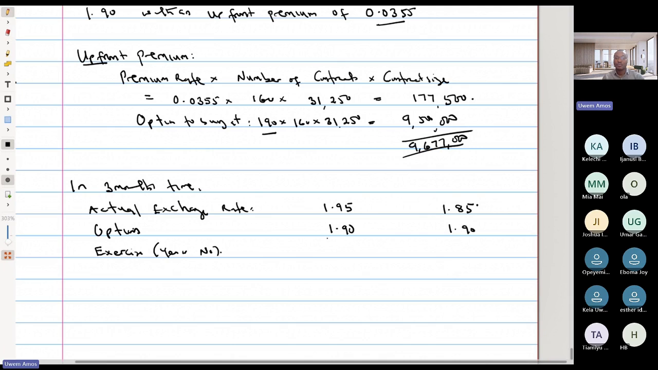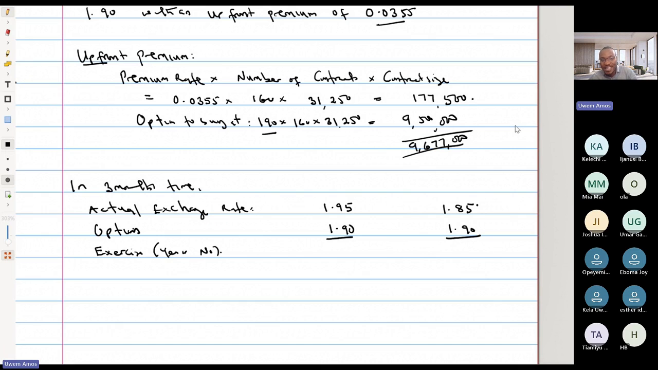What would you do? Would you take the option and buy at 1.90, or you'd let the option go and go to the market and buy at the actual exchange rate of 1.95? Guys, what would they do? I will take the option. Thank you very much. Because it's cheaper for you to take the option at 1.90. The market is more expensive. The market is 1.95. So why would I go to the market and buy at 1.95 when I have an option to buy at